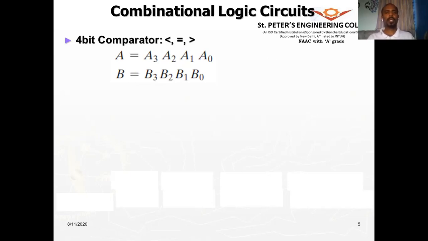Now, we look at the condition when A equals B. So how do we know when A equals B? First, how do we start checking two numbers, whether they are equal? Normally, we start with the most significant bit, right? We don't start with the least significant bit, because we need to know whether it is greater or smaller. So we don't conclude from the lower bits. We always start with the higher bit.